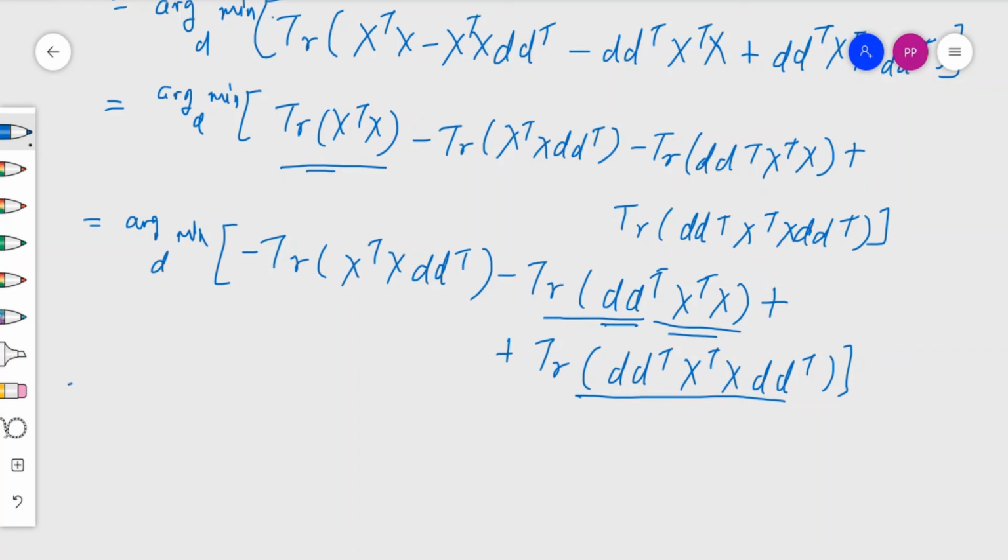So for that we can write argument D minimum minus trace of X transpose X D transpose minus trace of,